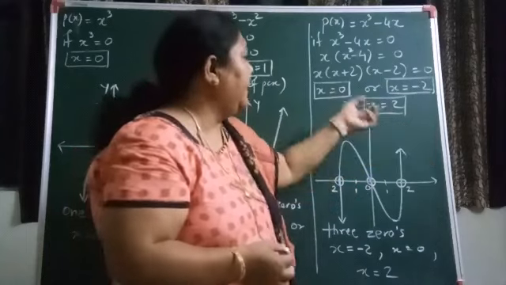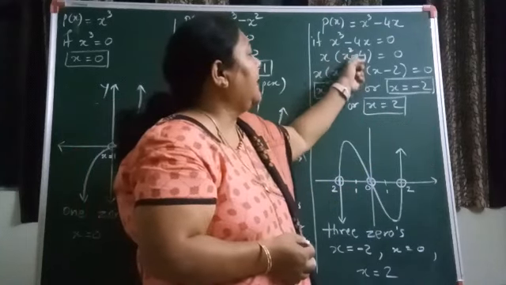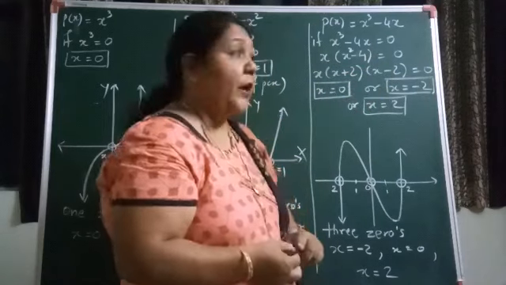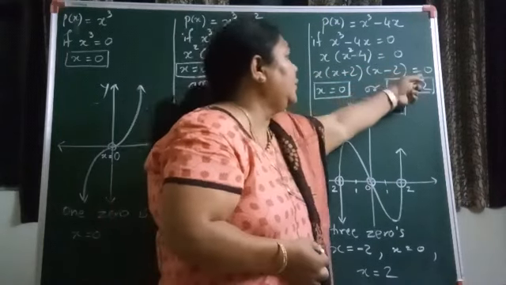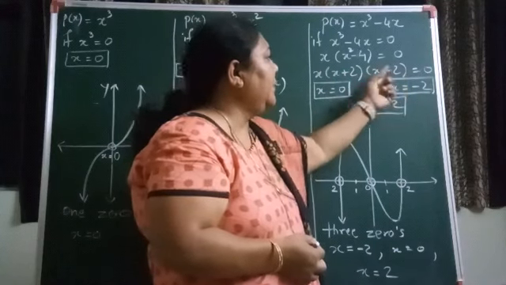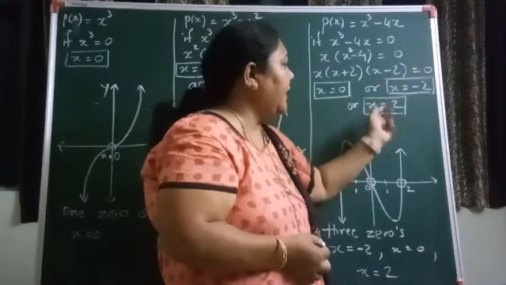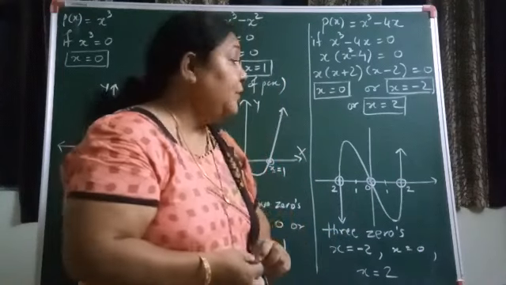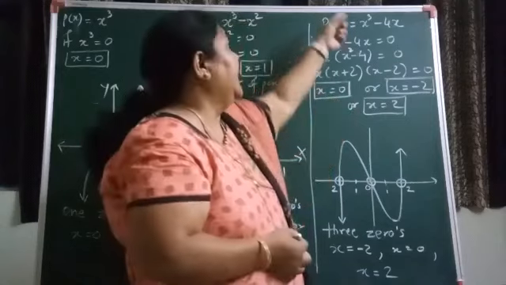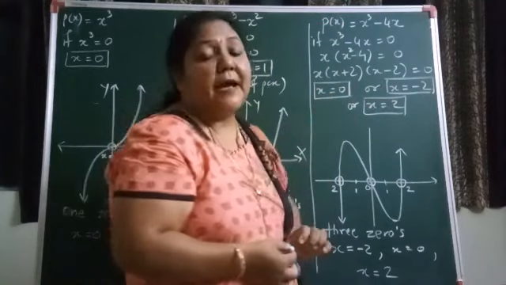it is of the type a square minus b square, तो a plus b, a minus b, that is x square minus 2 square, तो x plus 2 and x minus 2, तो x की 3 वैल्यू मिली, x is equal to 0, x plus 2 is 0, यानी कि x is equal to minus 2, x minus 2 is equal to 0, यानी कि x is equal to 2। कितने zeros मिले मुझे? 3, 0, minus 2 and plus 2। It is a cubic equation and maximum I got 3 zeros।